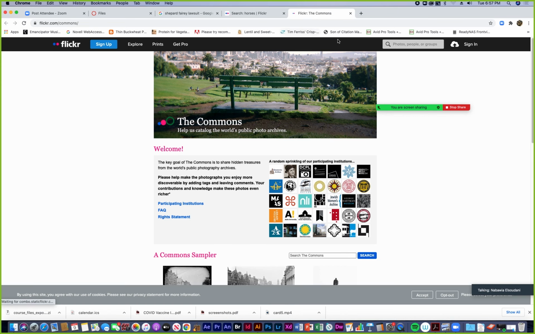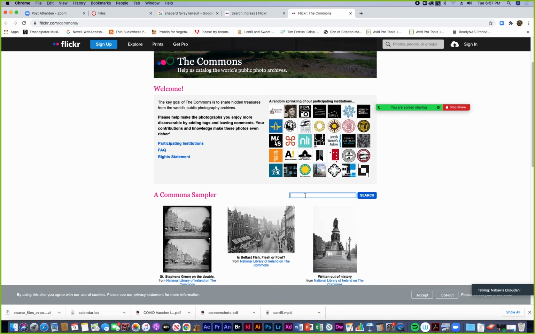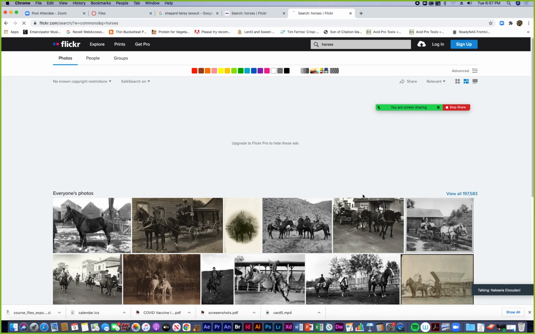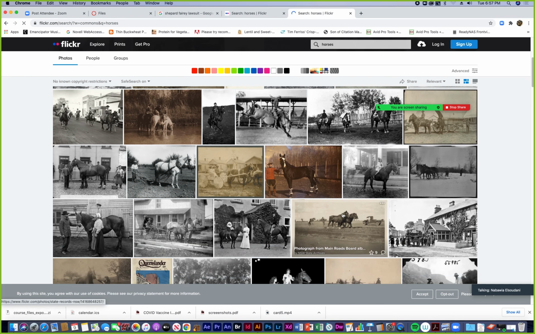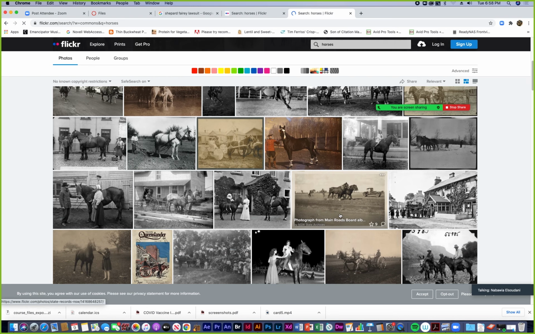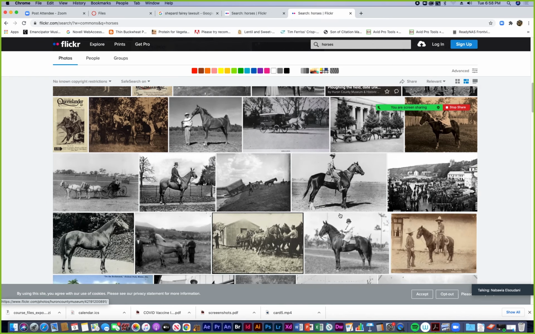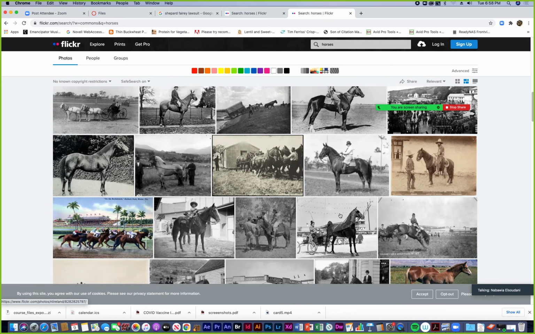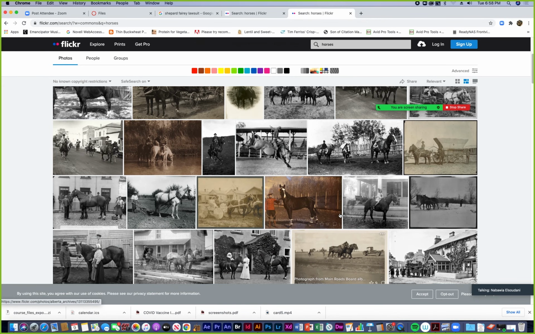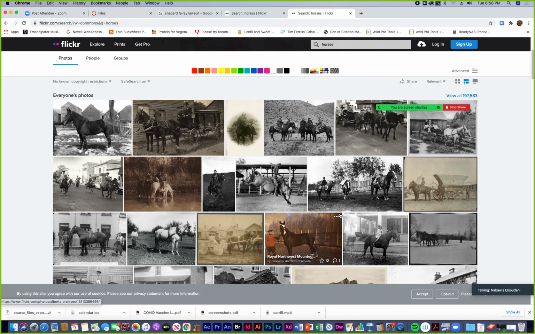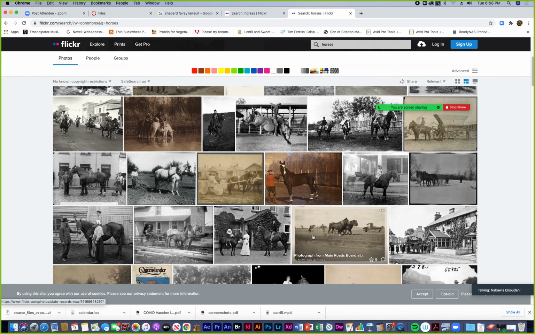So if you search up here, you're searching the whole Flickr site. Remember, go down here. If I type in horses here and click search, then I'm searching for older images. Now you may not want to do an older image. That's fine. There might be some interesting ones in there somewhere. But stay away from ones that look like drawings. Commons has a lot of drawings. Maybe this one, I don't know. So if I click on one here,